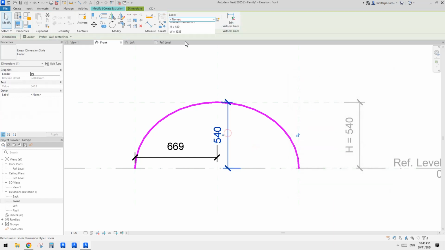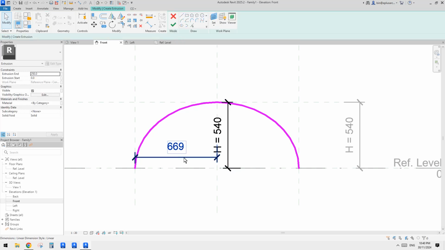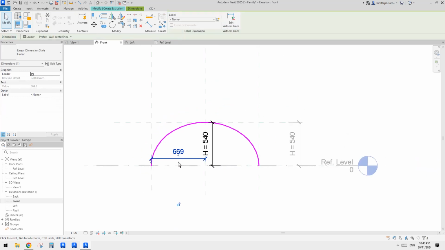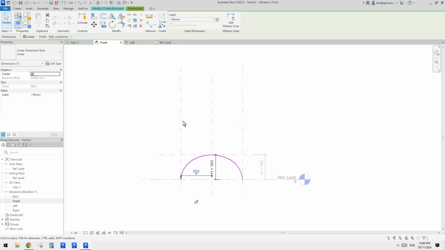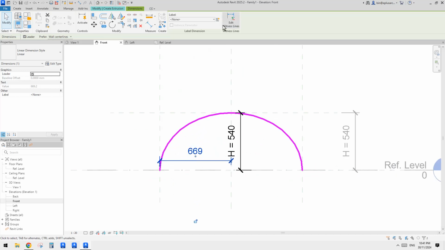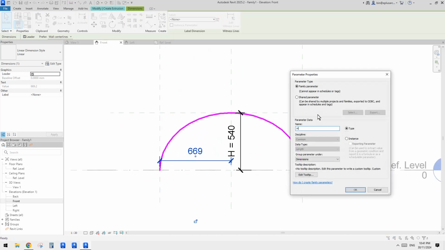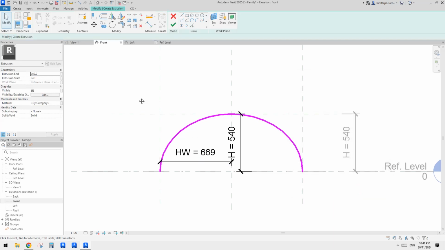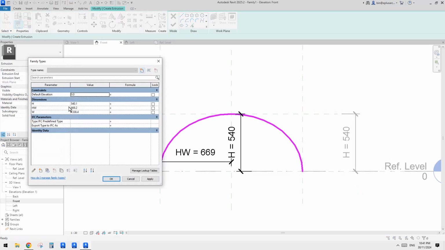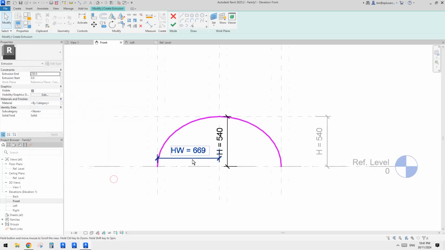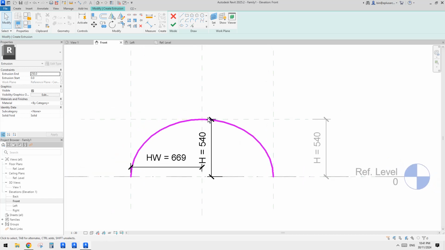Maybe we can just use that H. This one will be the, so we have this width, right? So this will be half the width, so we probably need to just create a parameter. We call it half width and then go to family types. So just type in width divided by 2 in this formula. So okay, but we still need another